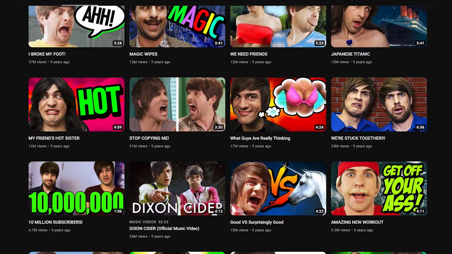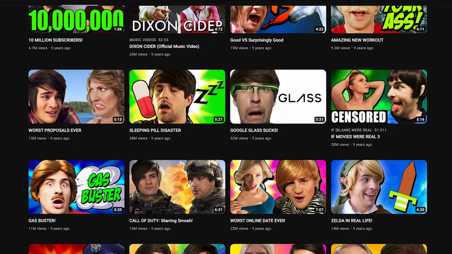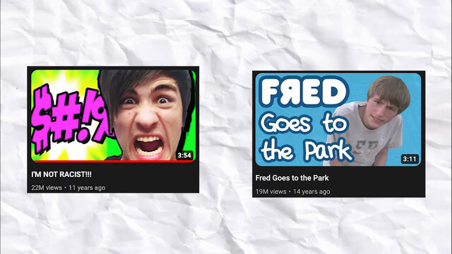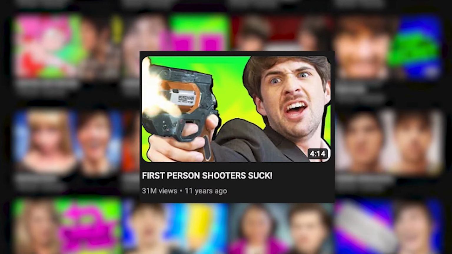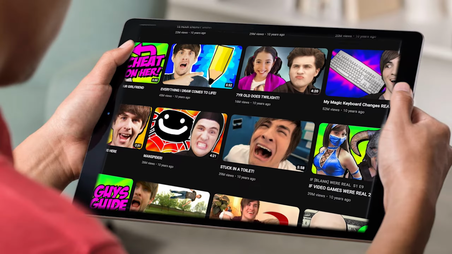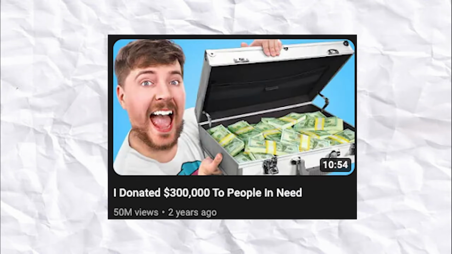Following this, creators realized the potential of this new feature. Early YouTubers like Smosh were quick to start adding custom thumbnails to their videos, and it was at this point that the meta began to establish. Early channels like Smosh and Fred had most of their thumbnails as foreground images of their face, with text generally on the left or right and a plain but colourful background. Being that most of these channels had pretty young fan bases, making the thumbnail as eye-wateringly colourful as possible was always the priority. What can be seen here is the early versions of what the modern thumbnail looks like today,